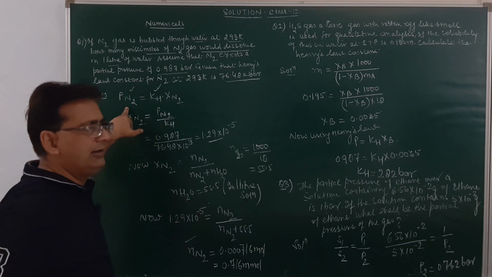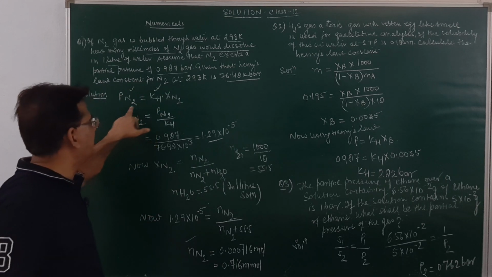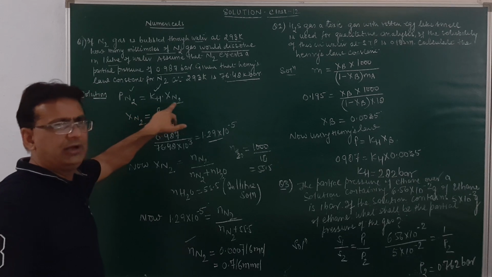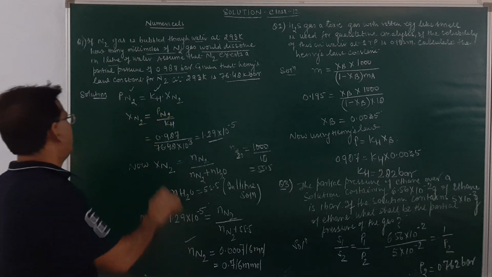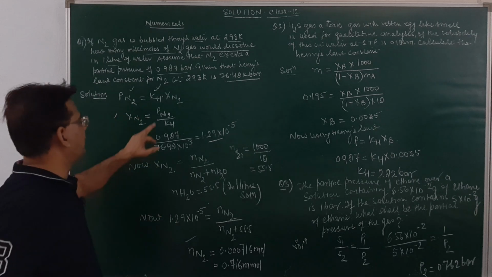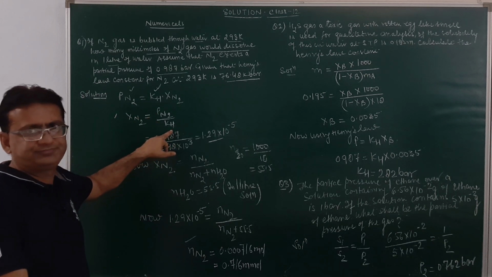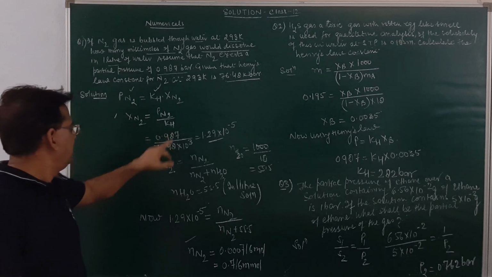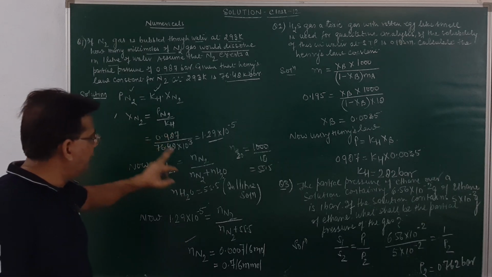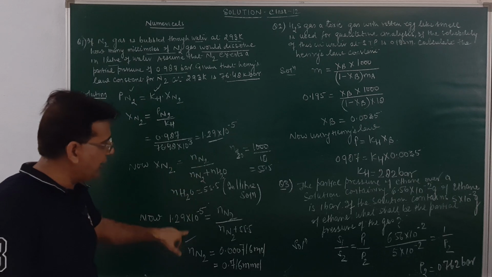So, we apply the Henry's law formula that the partial pressure of nitrogen will be equal to the Henry's law constant multiplied by the mole fraction. Mole fraction of nitrogen over here comes to be equal to partial pressure of nitrogen upon Henry's law constant. Am I clear? Solving it out, we obtain the mole fraction of nitrogen, then we find out the number of